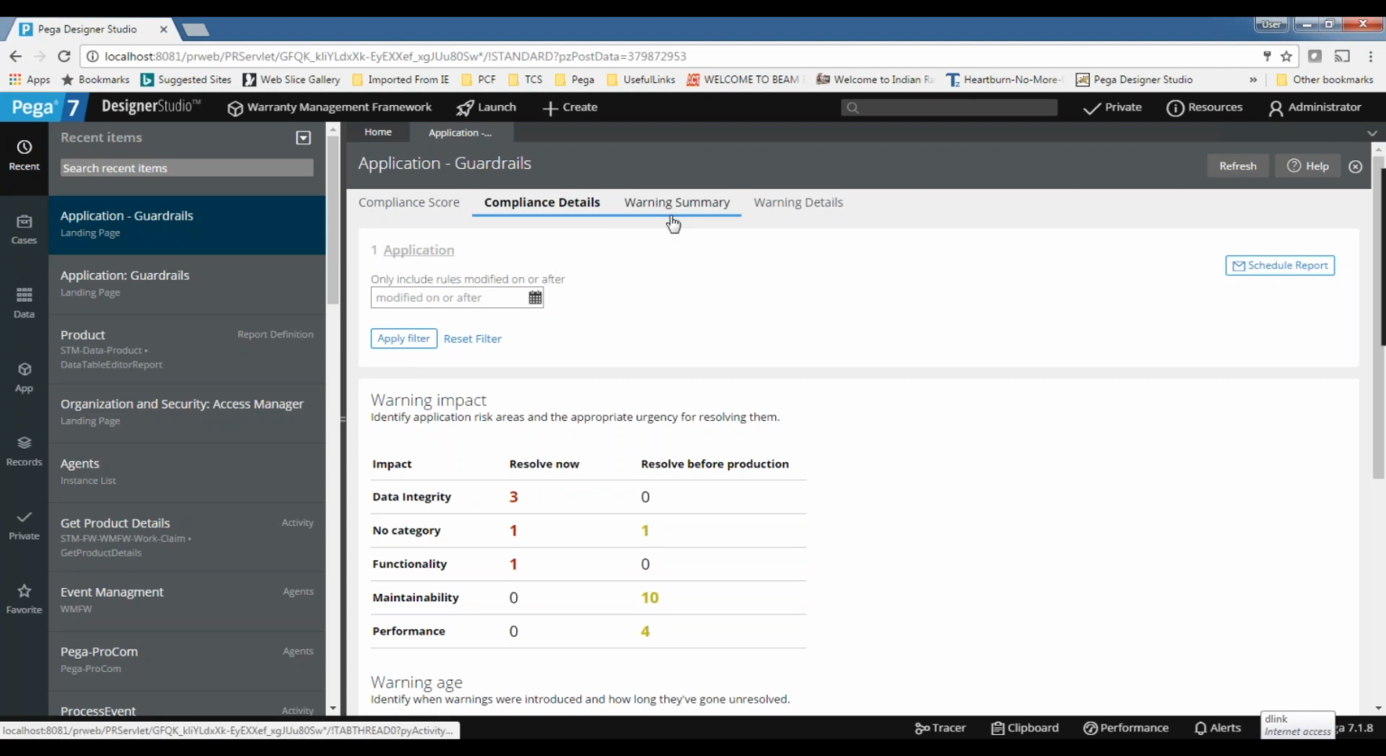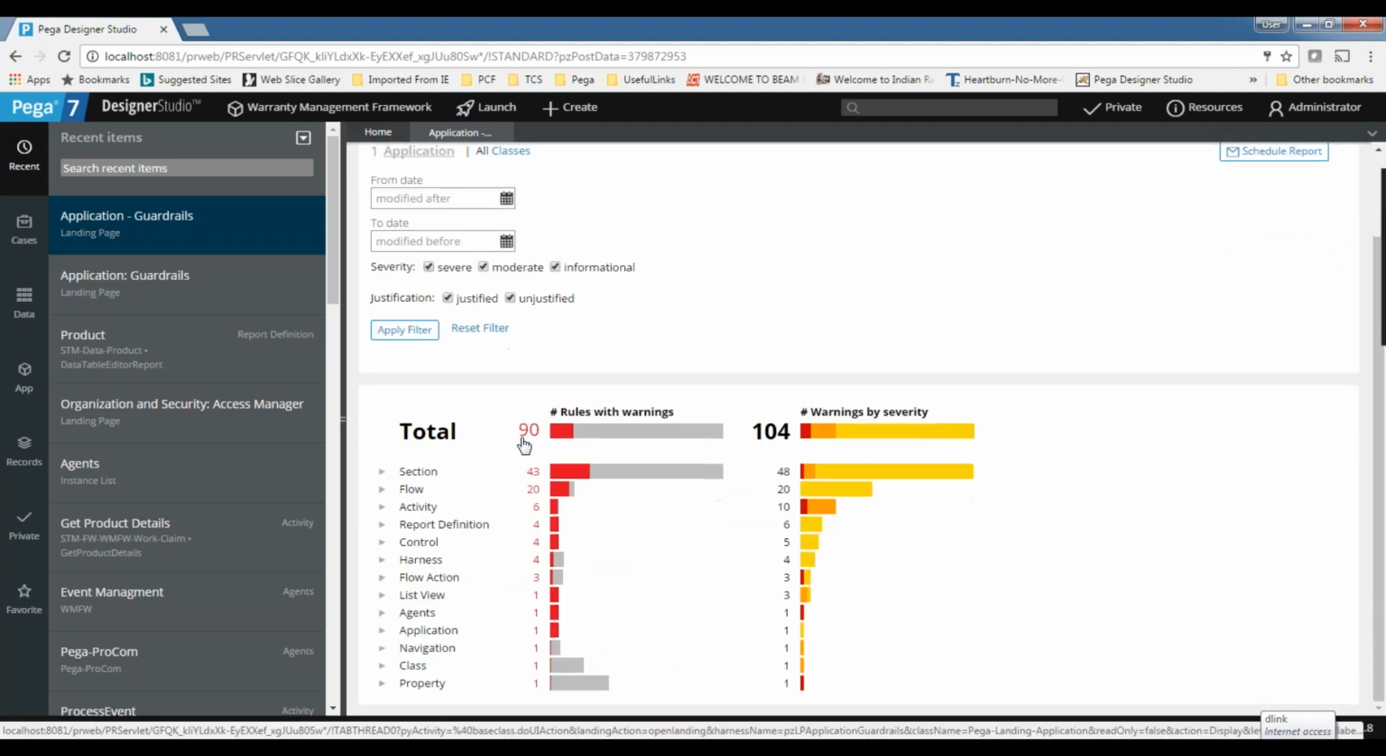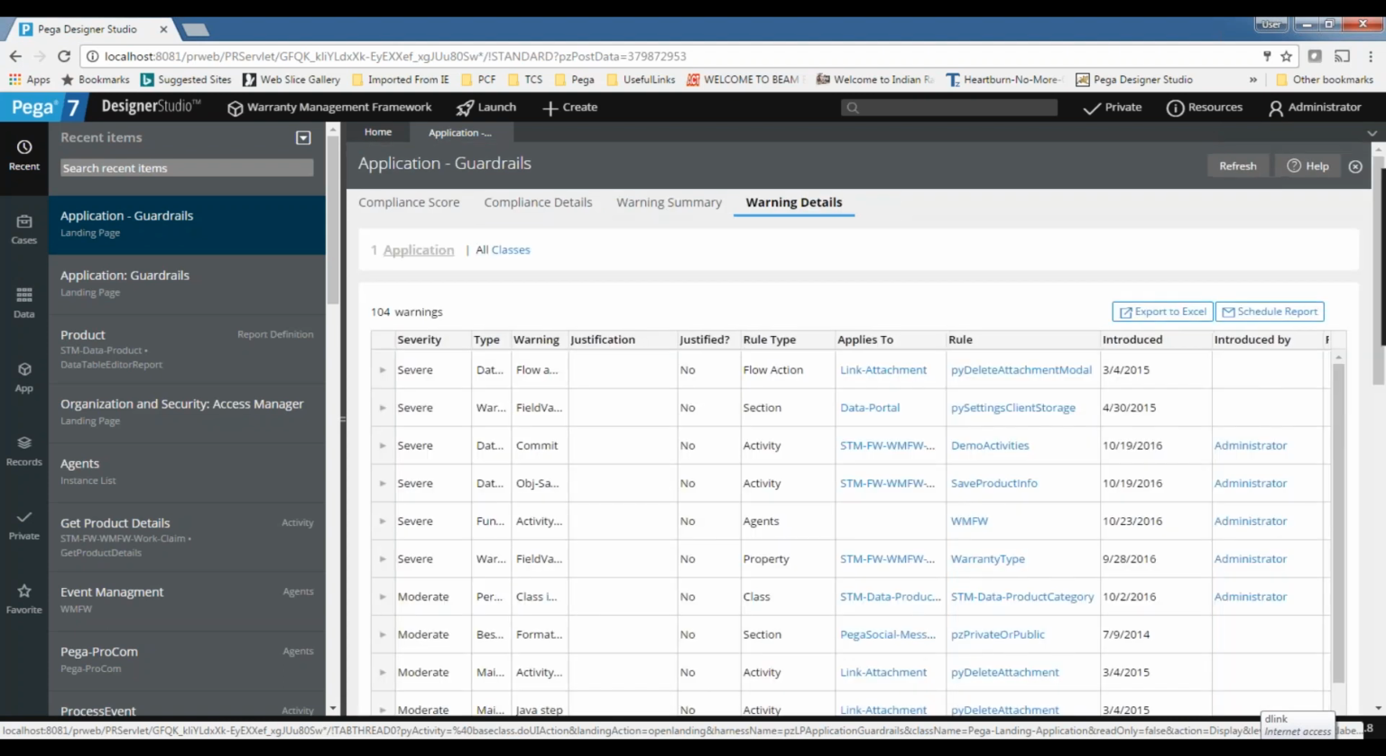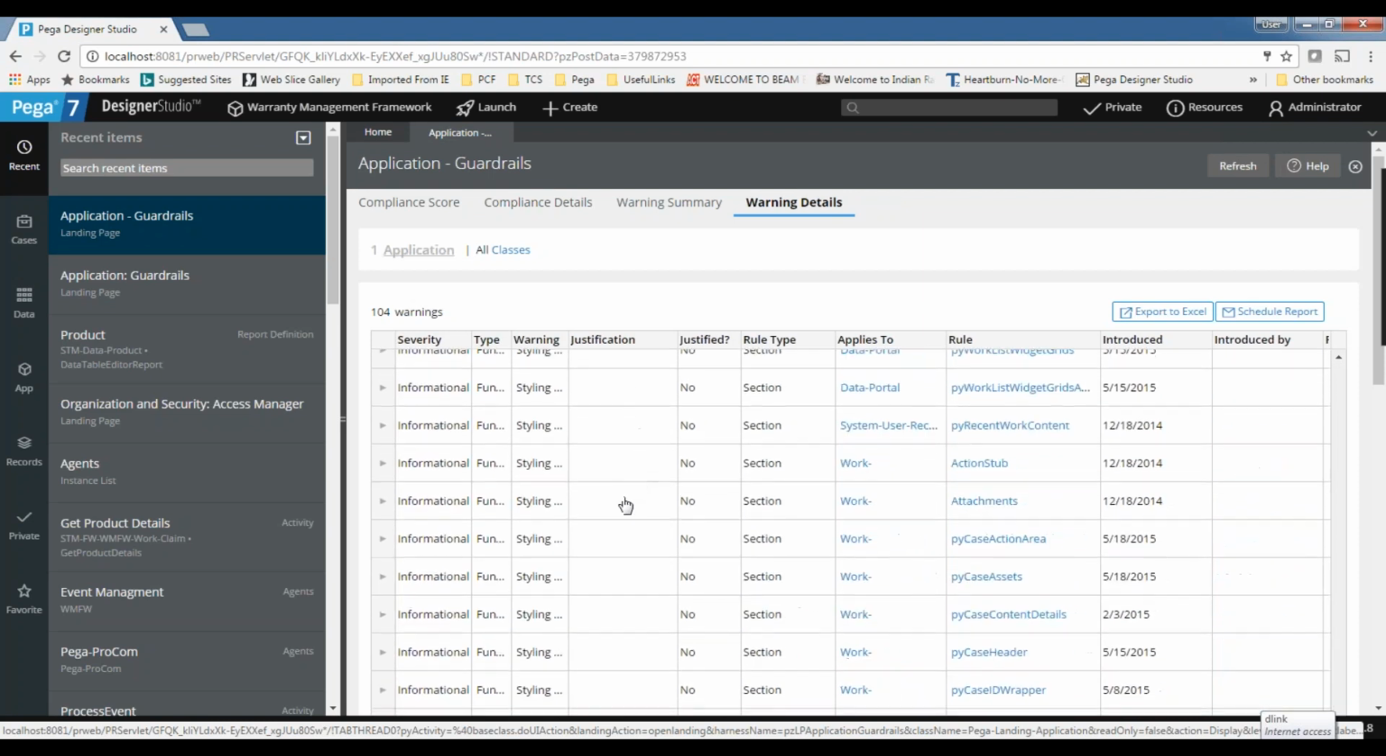Then the warning summary. It will display all the warnings with categorization. Categorizing by rule type, you can see how many violations there are for sections, and how many for flows. You can see them one by one here. And the warnings tab will give a complete list of warning violations in this